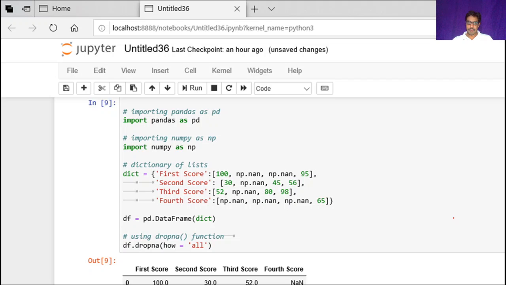Now let's come to a different form of this dropna function. Here inside this bracket we are giving how equal all. If we give this argument, then in that case only